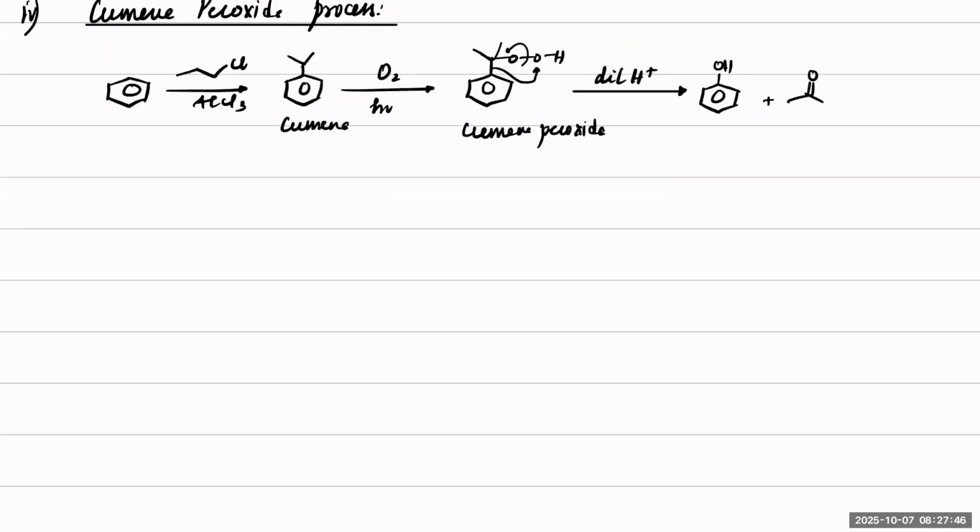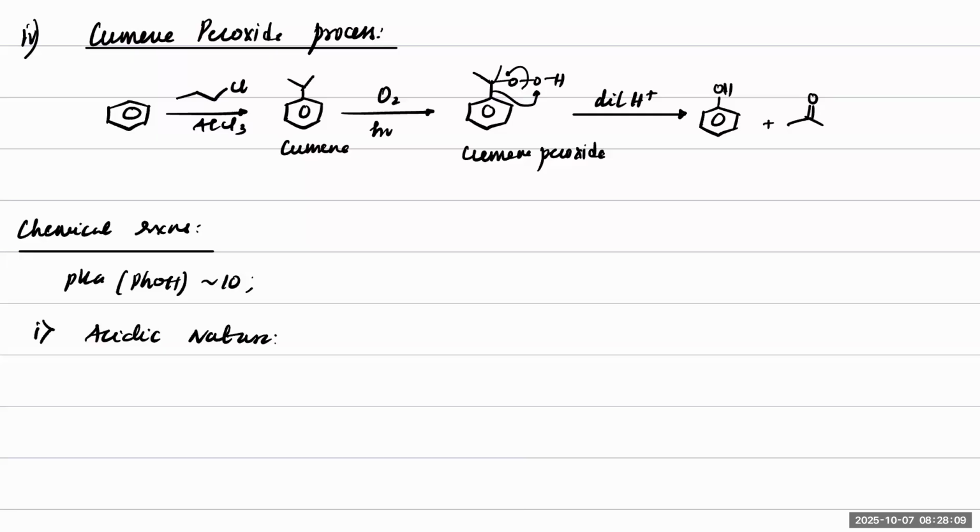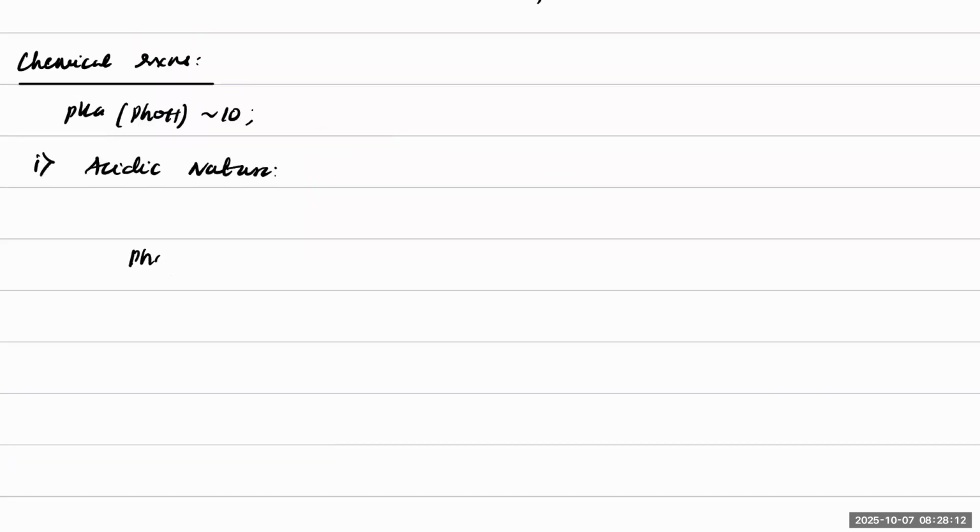Next, these are the preparation reactions. Now let's see chemical reactions. The pKa value of phenol is around 10, and that will be pretty much useful in making it an acid. So the first reaction is about acidic nature, how it behaves like an acid in various cases. If I take phenol and you treat this with NaOH, it can make an acid base reaction. If you react that with RO minus,